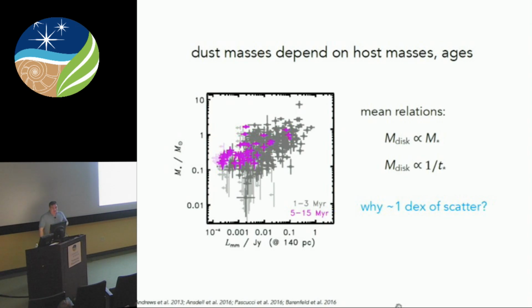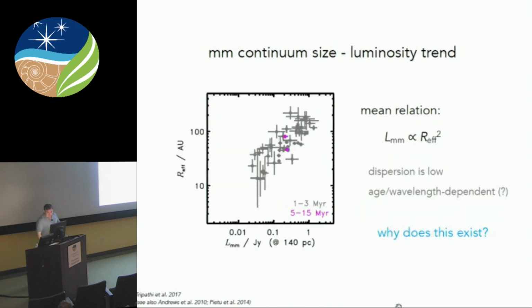But one thing that we were looking at in this context, which has revealed something I think is interesting, is maybe this is just related to the spatial distribution of those solids, right? And the question is, do more massive disks preferentially have higher surface brightnesses, or are they bigger, or so on? So we've been doing a resolved survey. This is just unresolved photometry data of these things. And now if we look at the luminosity or disk mass as a function of the size of those disks, we actually see a pretty tight relationship. I was quite surprised by this.